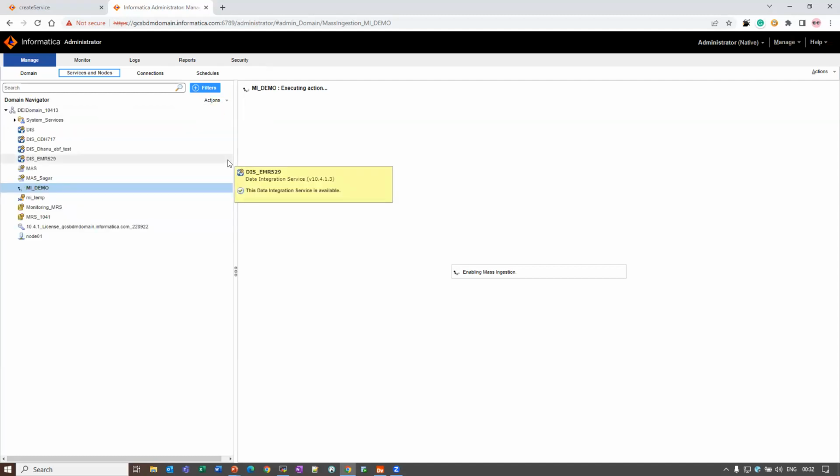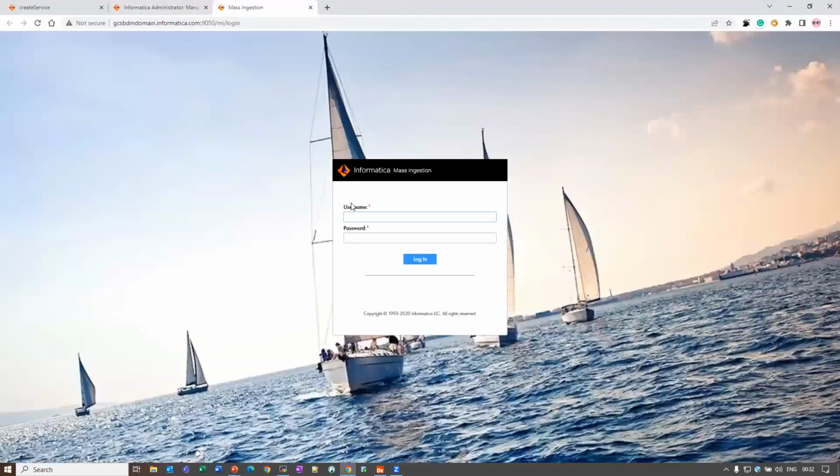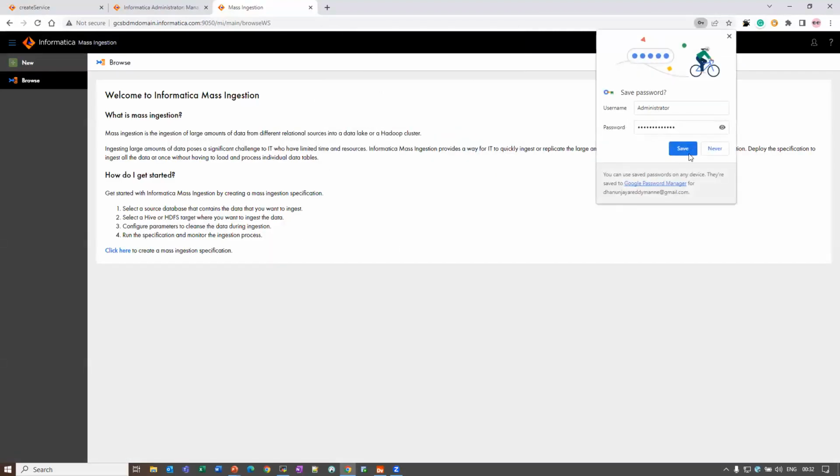Once it creates, it will give a service URL through which you can access the mass ingestion tool. Yeah, the mass ingestion service has been created and this is the service URL. You can click on that and you need to give the same username and password, and you can log into the mass ingestion